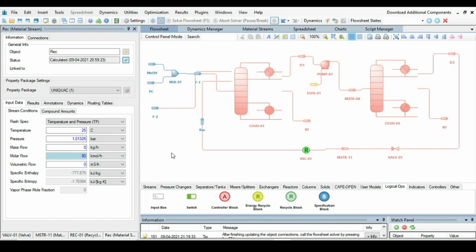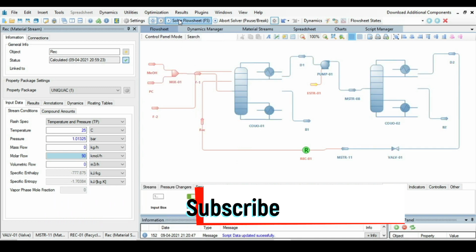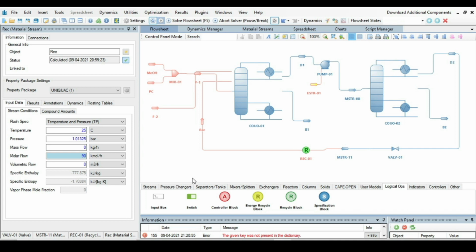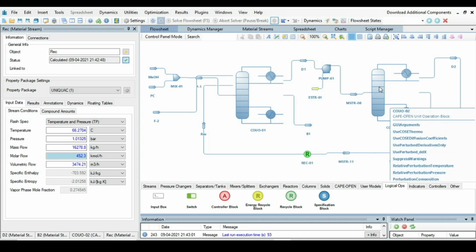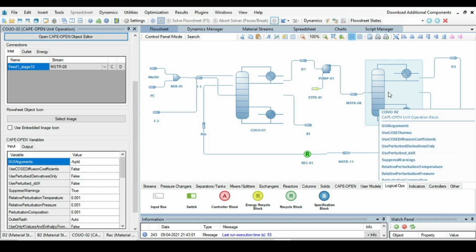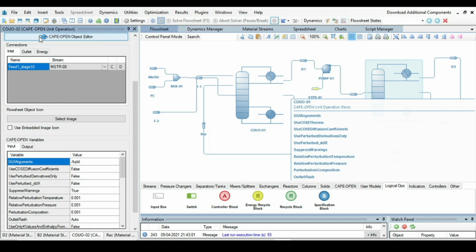Okay, so now we are ready to solve this problem. Just activate the flowsheet solver and press F5 and wait for this simulation to converge. And finally our flowsheet has been converged, but here I want to tell you one thing. I made a mistake during the pressure specification for the second column. If you are going to follow this video, just click on it, go to CAPE-OPEN Object Editor